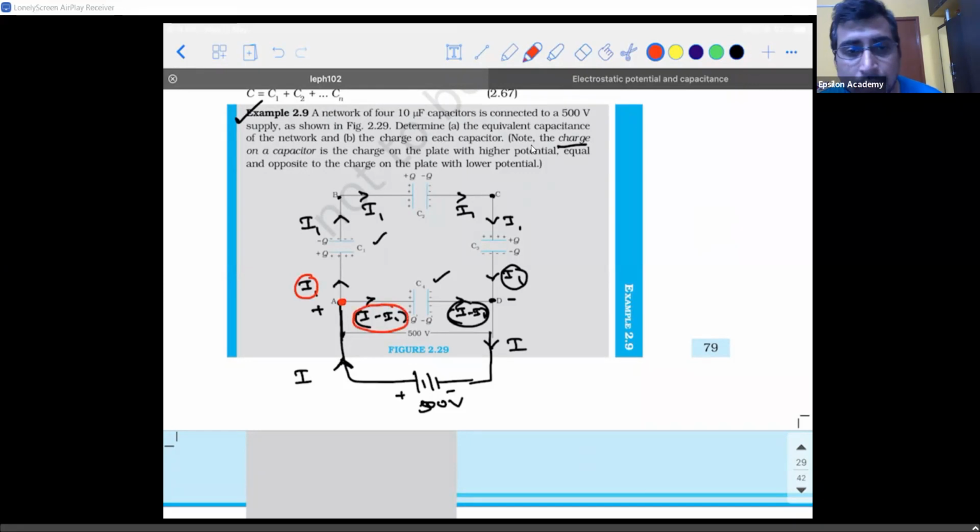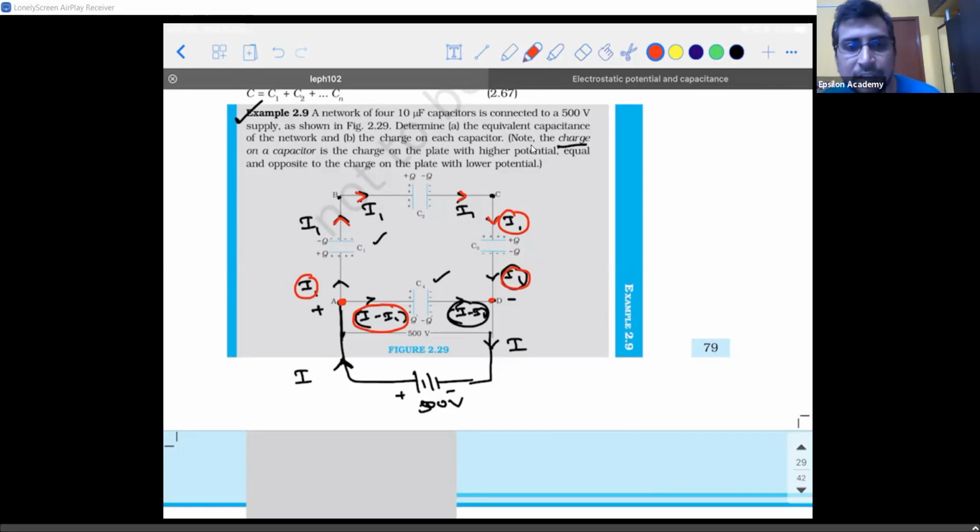Okay, then at this point the same current I1 is going to flow, and at this point the same current I1 is going to flow. Again they will come to this point D. If you observe at point D, there are two capacitors connected like this. One is the vertical one, C3, the horizontal one is C4, right? So there are two capacitors. Across C4 there is a current of I minus I1. Across C3 there is a current of I1. These two currents will get added and the total current I will come back.